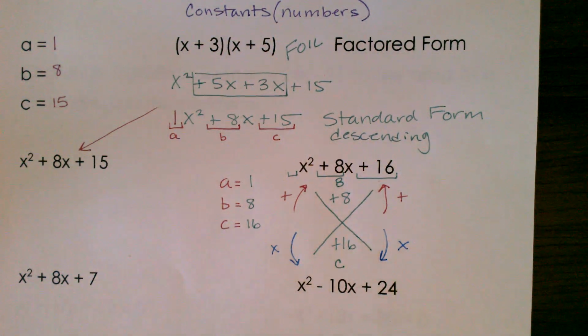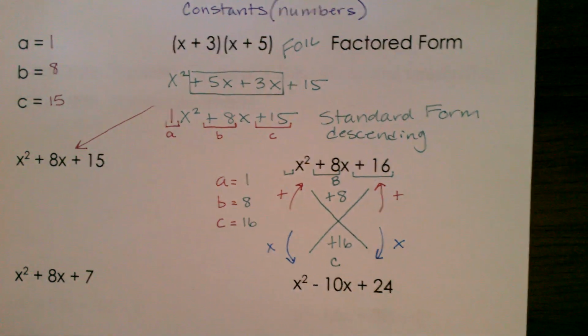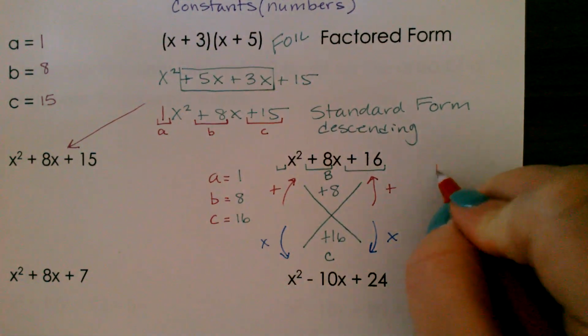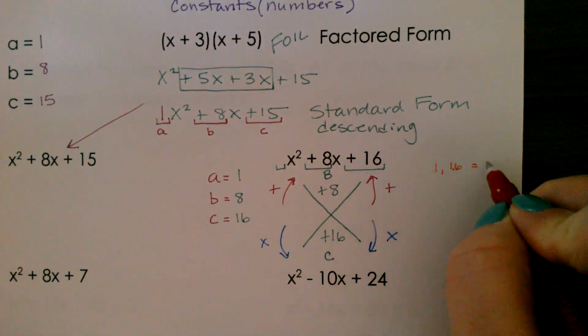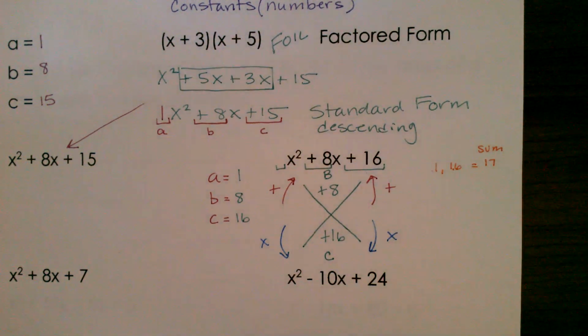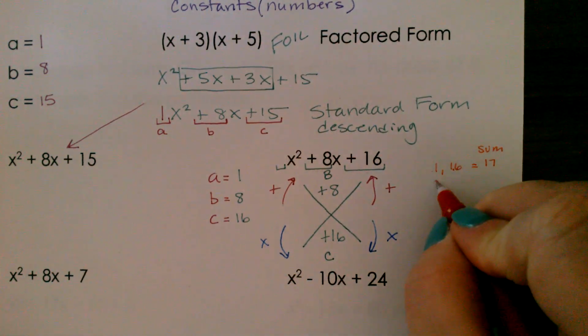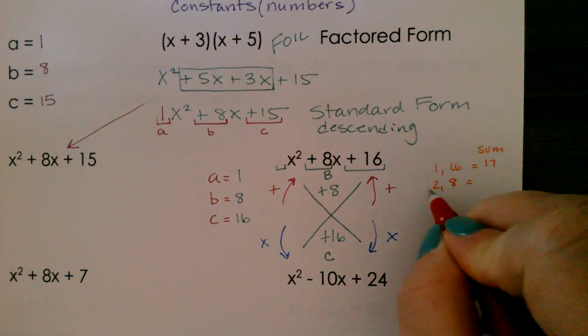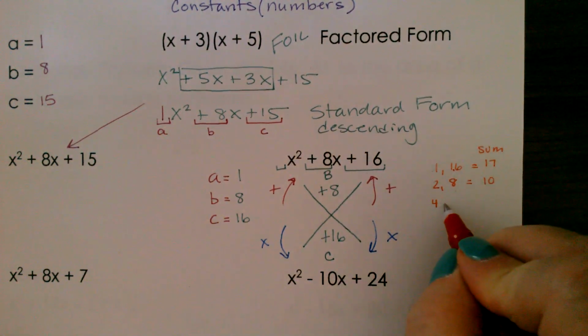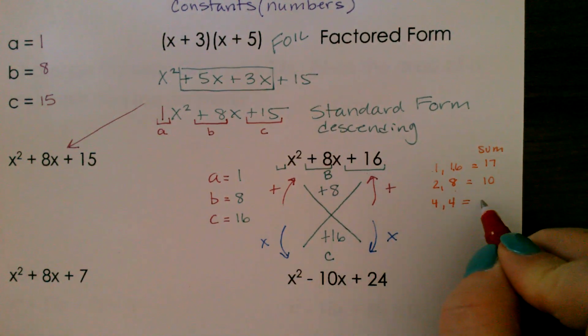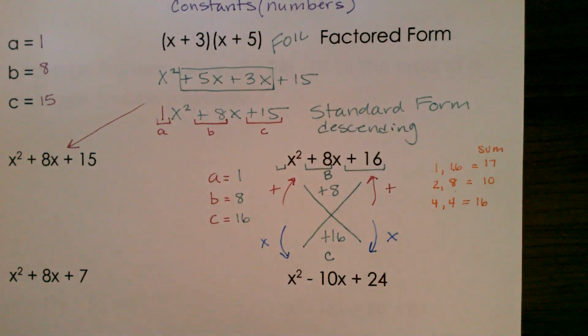So start thinking of all the numbers you know that multiply to 16 but would add to 8. I bet most of you already know, but I could do 1 times 16. When I add those, though, I get 17 as my sum. That won't work. I need 8 as my sum. I need a positive 16, so 2 times 8. But when I add those, I get a sum of 10. That won't work. 3 doesn't go in there. Oh, 4 times 4 is 16. And when I add those,